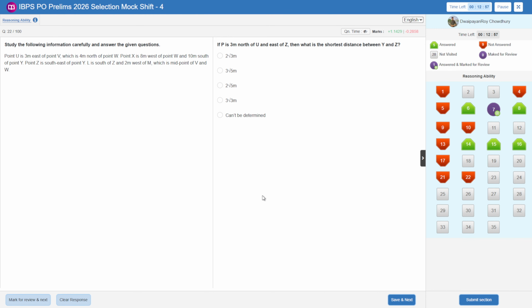L is to the south of Z. So L is somewhere here. Okay. If P is 3 meter north of U, then what is the shortest distance of U and Y and